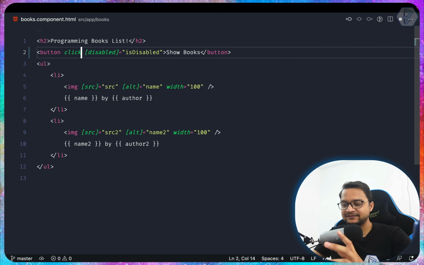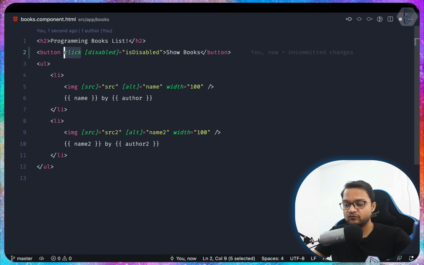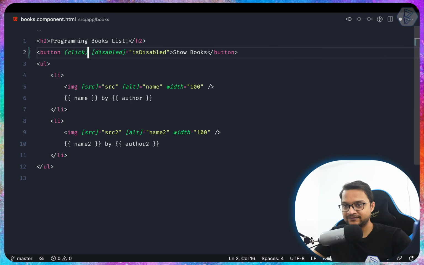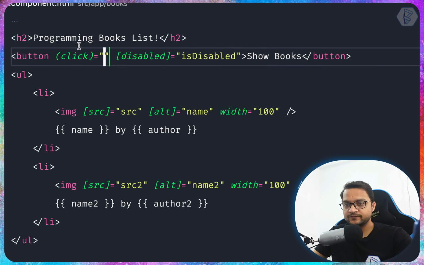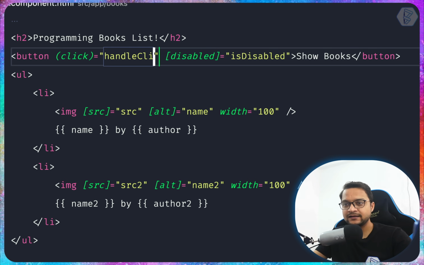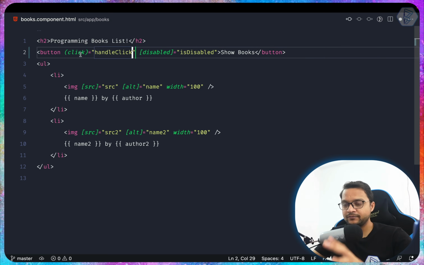But to make this click an event binding, we need to move this inside the parentheses, and then inside the double quotes we can define what's going to happen. So I'm just going to say handleClick. This is a function we are going to call, but before that we can also do some